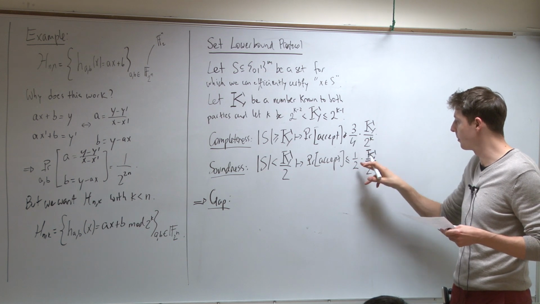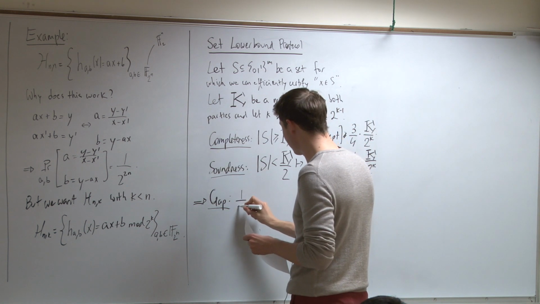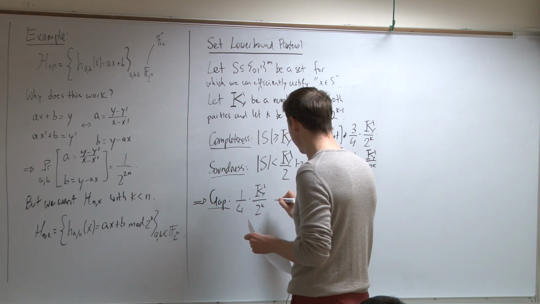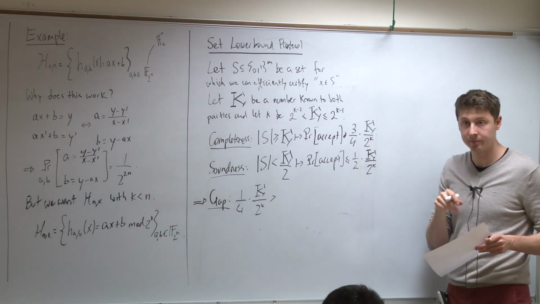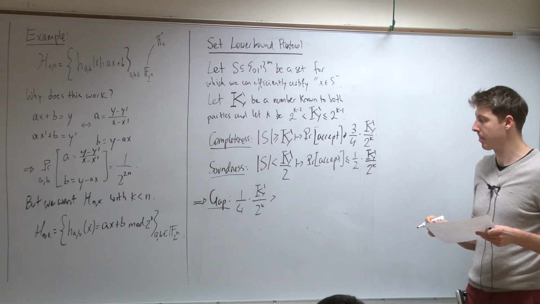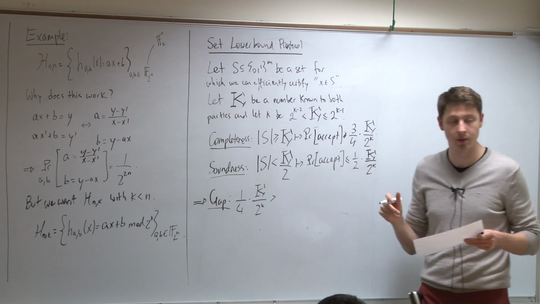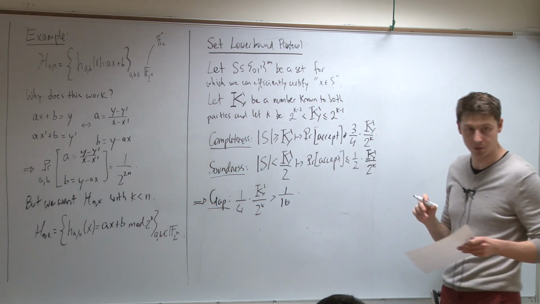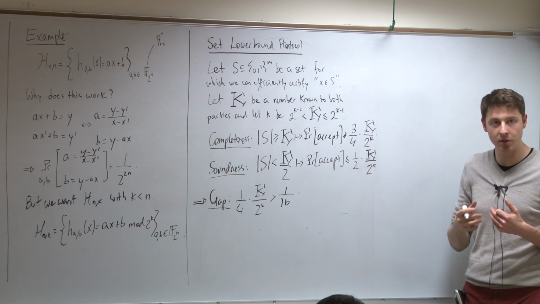Wait, what's 3/4 minus a half? A quarter, okay. So the gap is a quarter times capital K divided by 2 to the k. And this is at least what? By my choice of parameters, 1/16, right? So in other words, it's important to feel that in this setting of parameters, there's a constant probability